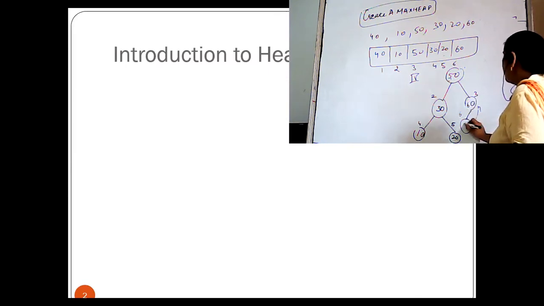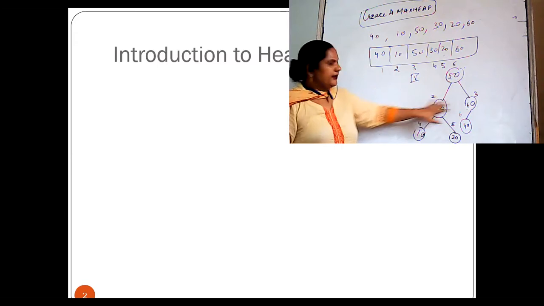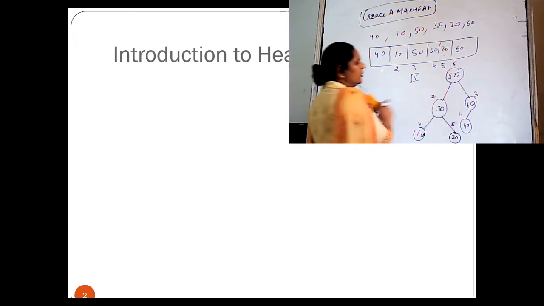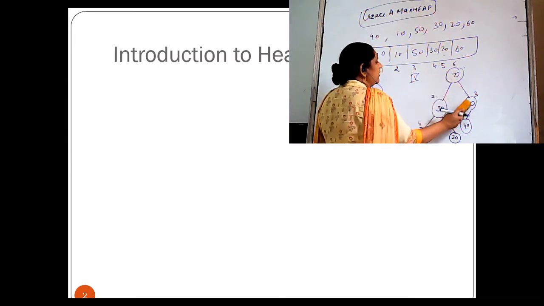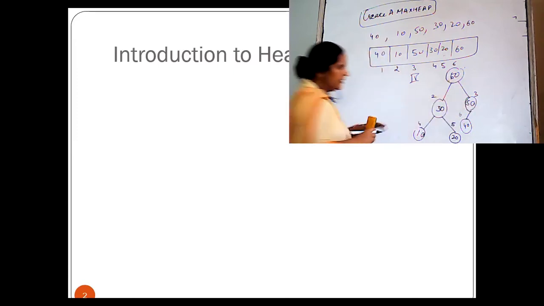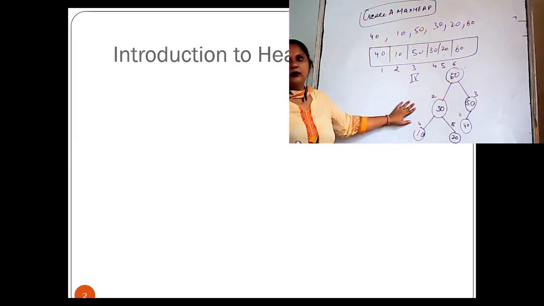At every step, you have to perform the heapification. Now you see, there is 50, there is 30, and there is 60. Now 60 is greater than 50, but 30 is smaller. So root element should be greater than all the numbers which are there in a tree. So swap it, 60 and 50 will come here. This is how the max heap is created